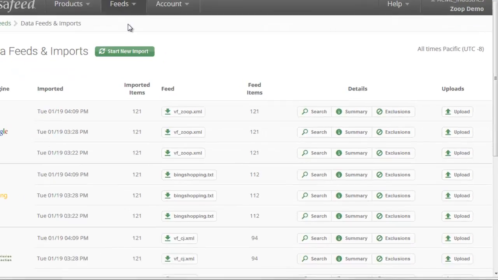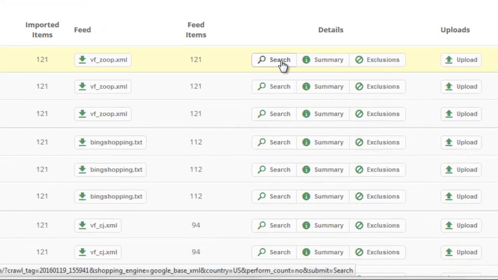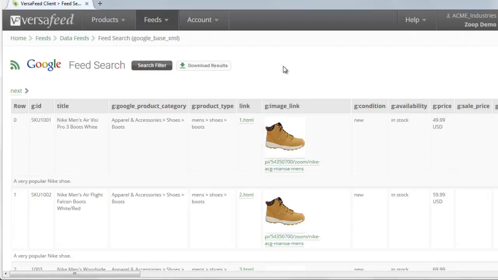We're going to be looking at two areas in particular. The first is Search and the second is Summary. So let's go ahead and click the Search button. Now we're actually looking at the data inside the Google feed, and doing so we can see GID. That correlates to the unique ID that we saw before, where every single different item has to have a different ID. You can also see here, if you scroll to the right,